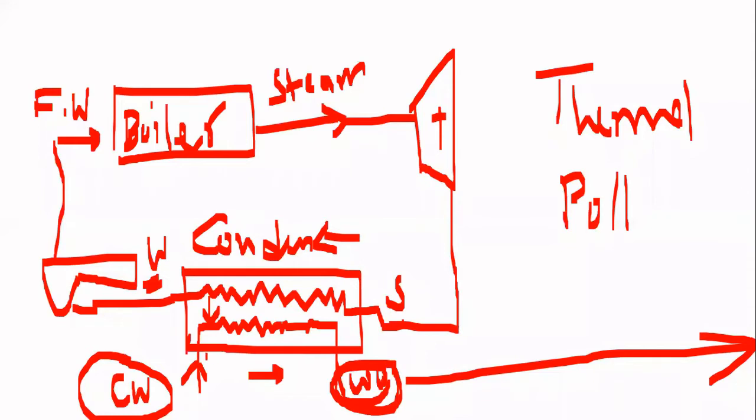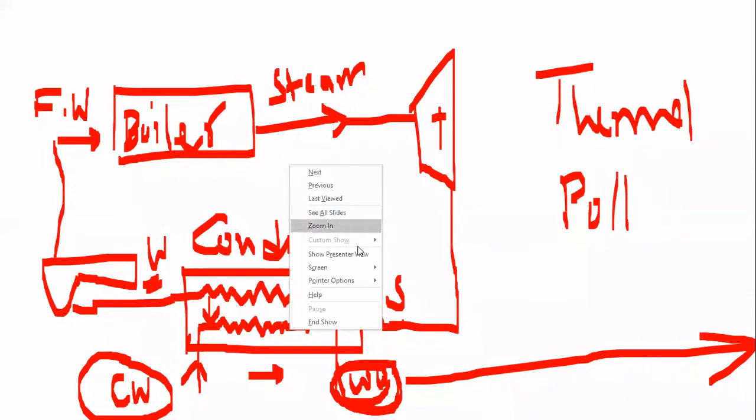So the warm water which is coming out of the condenser, which was used for cooling the steam, this also has to be cooled now. So for cooling this warm water, we will be passing it through something which is called a cooling tower. Is this part clear? The function of a cooling tower is clear? Yes, sir. Okay, now we will go back to our slide and we will see what a cooling tower is and how that cooling tower works.